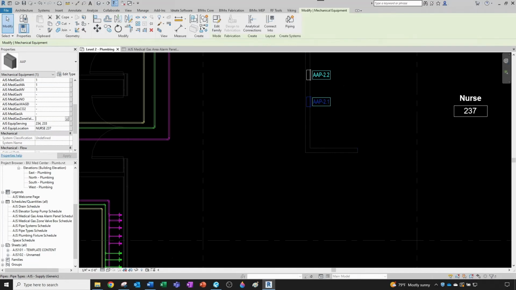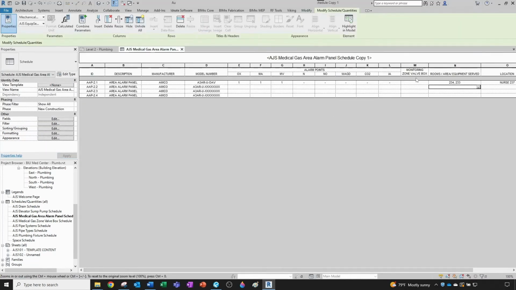And now here we can have zone valve box. Actually, let's do it from the schedule and go under zone valve box. The first one is going to be zone valve box 2.1. There you go. And now we don't get the warning because we can do them instance by instance. So let's fill this up since I'm here already. So this is 2.2. 2.3